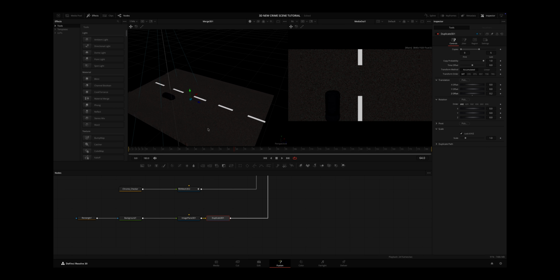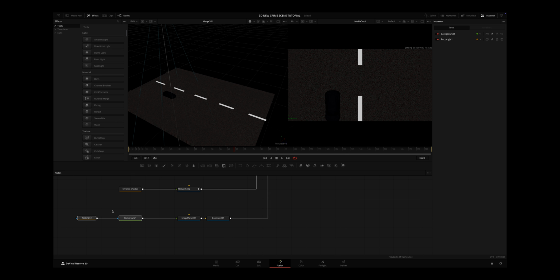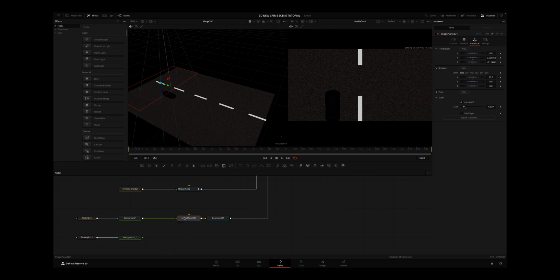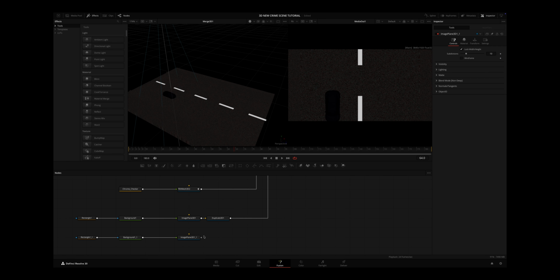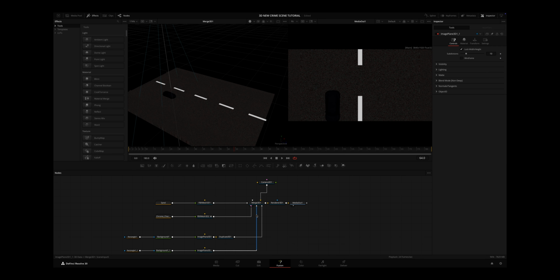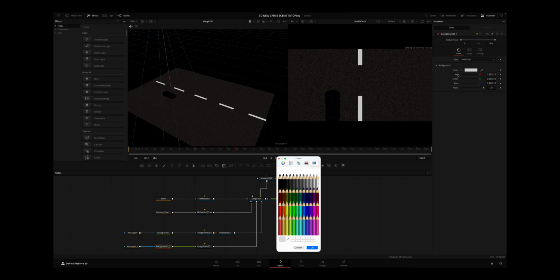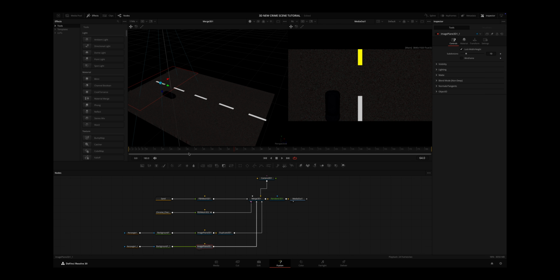And what you can also do is, just copy this rectangle and the background, copy and paste it here. And again, this image plane 3D as well, and paste it here, join it like this, and from this to the merge 3D. Now here I'm going to change the background color to something like yellow, and then here I'm going to place it something like this, and under the rectangle,